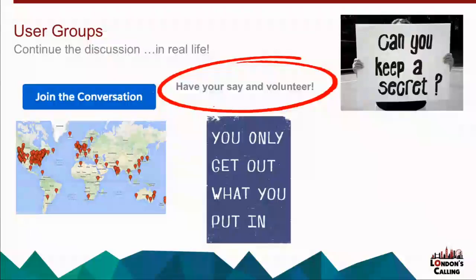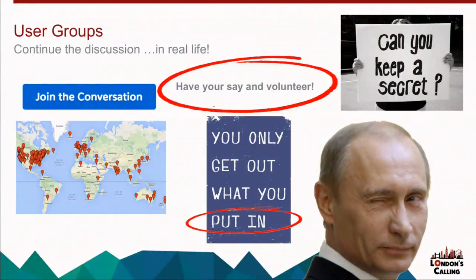The volunteer part, there might be some areas, some topics that actually you know quite well, and you could deliver a presentation to that audience better than any of the organizers could. That is quite a scary thing for a lot of people that attend user groups. But you can start small. You can do a 3, 4, 5 minute segment. And if speaking isn't your thing, then maybe you could volunteer to help sponsor the event or hold it in your venue. So really what we're saying here, you only get out what you put in.